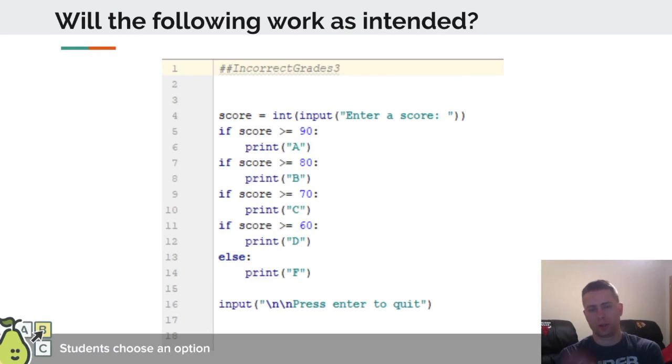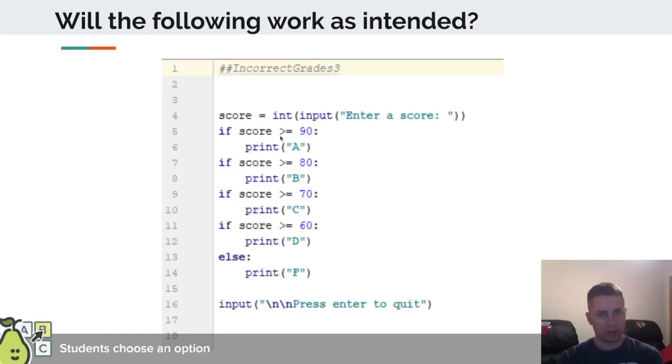This one's tricky, so go ahead, pause it, take a look. And if you want, let's look at it together for a sec. So here, this one's organized pretty well. But what you notice here is that everything's an if. Okay, which means that this is actually a one-way selection structure, followed by another one-way, followed by a one-way, followed by a two-way. So let's go ahead and, if you were to type in a 95 here, it's